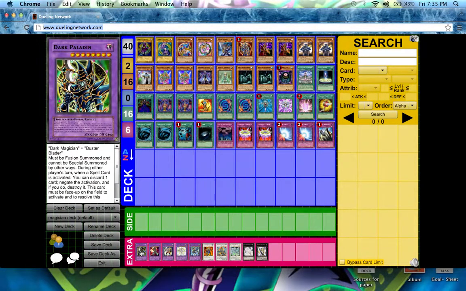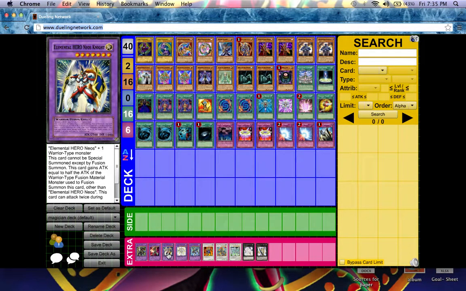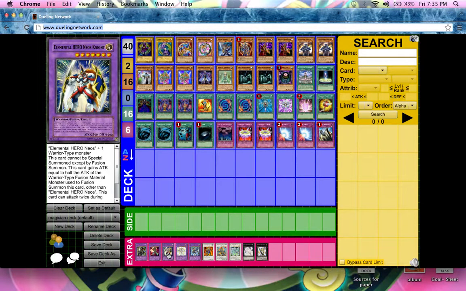So yeah, I run a Dark Paladin, and I run 2 Dark Paladins. These are just my fusion monsters. I run Elemental Hero Neos Knight. It's good because